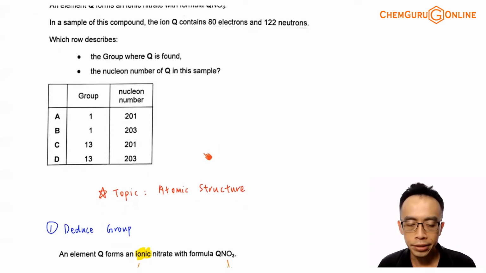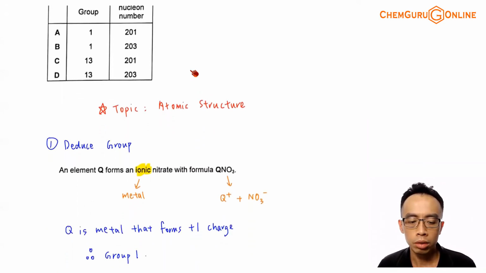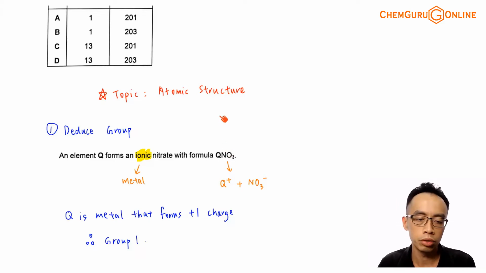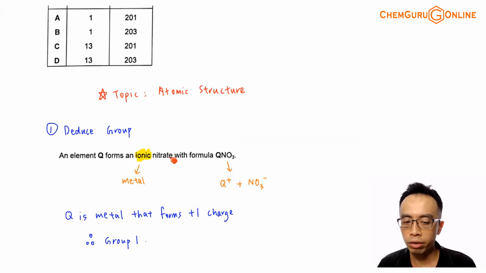The first idea that we want to determine is which group is your element Q in. Now what we can do is actually fairly straightforward. The question gives us this information. Element Q forms an ionic nitrate with formula QNO3. So if it is an ionic nitrate, this will mean that Q must be a metal nitrate,